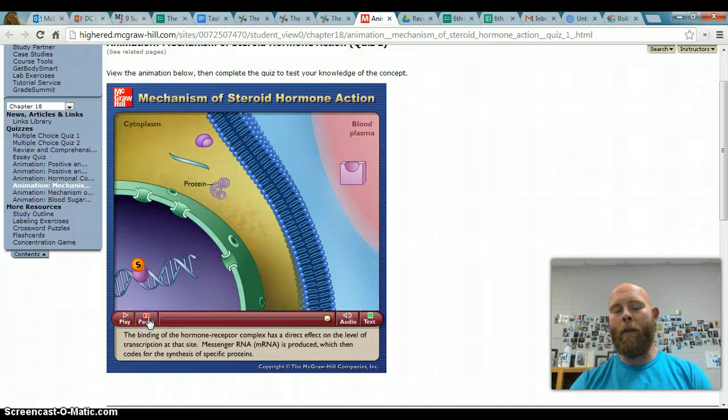And you can see there it folded into its active shape. And now whatever that protein is supposed to do, that's carrying out gene expression. If it's supposed to build a structure, it'll build the structure. Or if it's supposed to cause a change inside the cell, maybe it's an enzyme to start another reaction inside the cell that is necessary. Whatever it does, that is gene expression, because this gene that was copied is being expressed when the protein carries out its function. All right, let's take a look at